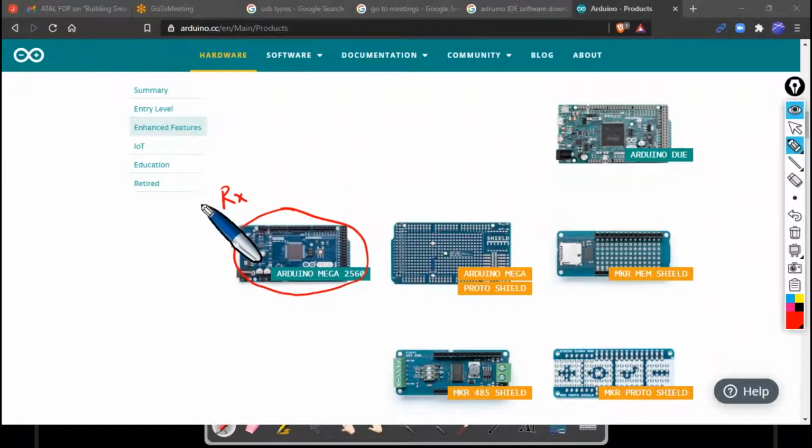If our application demands more UART ports containing TX and RX pins, we can go for Arduino Mega, and it all depends. There are also a lot of shields available, and what we do with these shields is place them on the Arduino development boards.